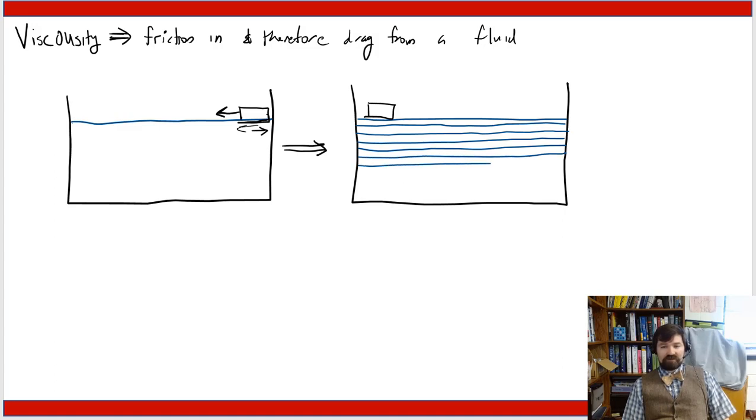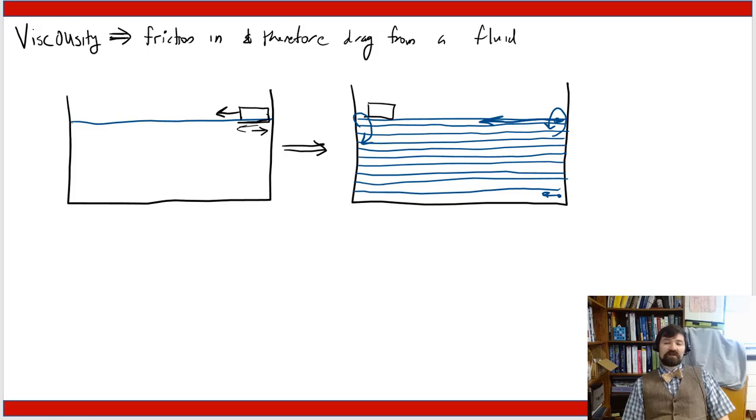And what I would expect is that if I had a way to measure the speed at which the fluid is moving, say this bit of fluid right here, I would expect it to have a relatively large speed compared to the fluid at the bottom. And of course you have edge effects, so out here maybe you get a bit of turbulence. Back here maybe you also get a bit of turbulence because the fluid sloshes back and forth. But by and large,